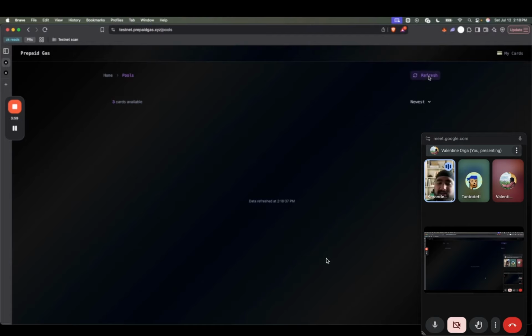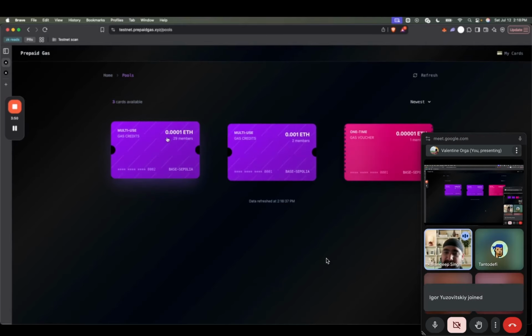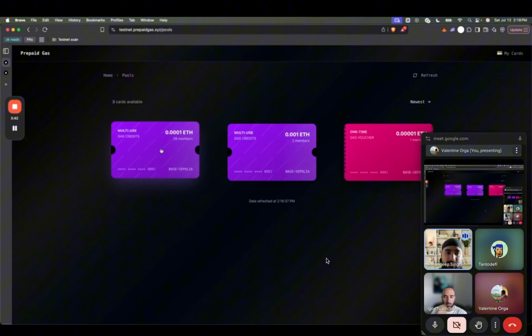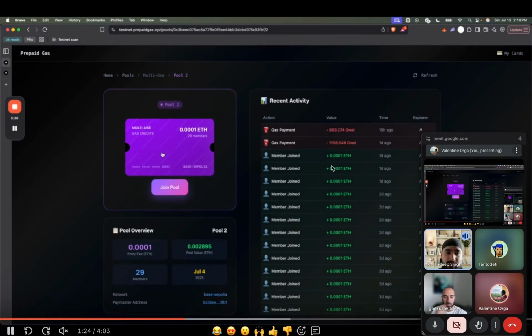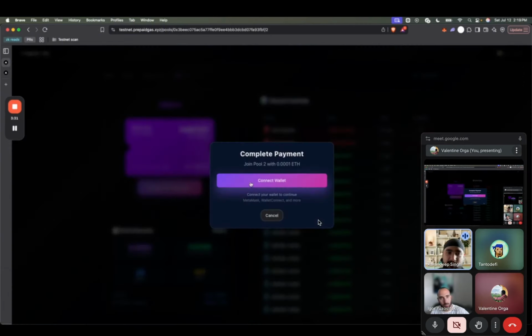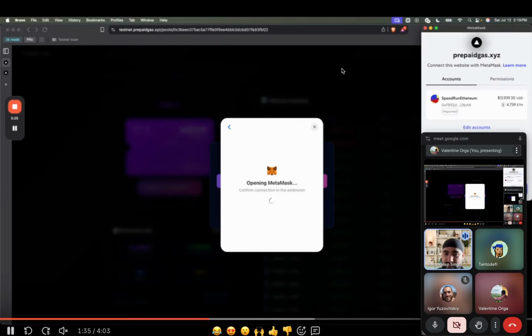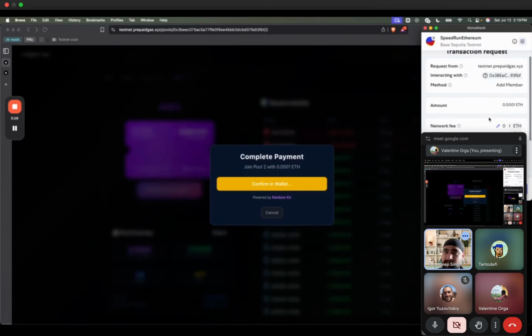So what happens in this case is that the users are the ones who are paying the gas fee, like joining those pools. So if you have... Yeah, you can see the video, right? I'm sharing my screen, so it's like, the user will be depositing this amount into the pool. What will happen is that